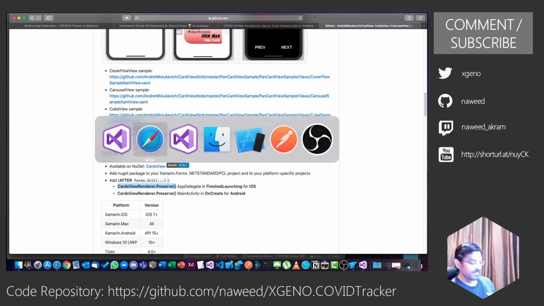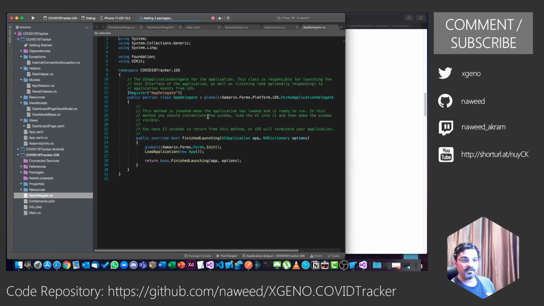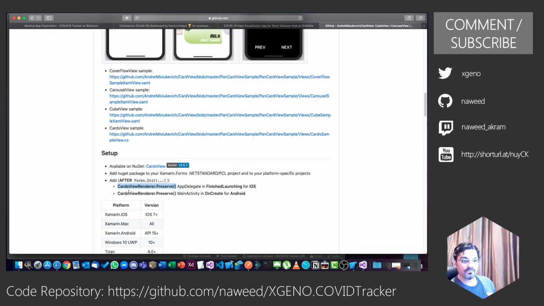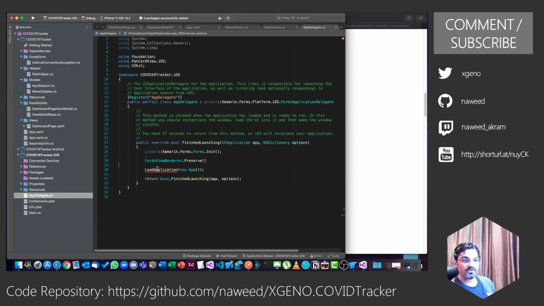So we go back to app delegate, and we need to add it before the loading application. So we can add it over here, fix the namespace. Similarly, we have to add cards view renderer.preserve in the main activity in our Android project as well.